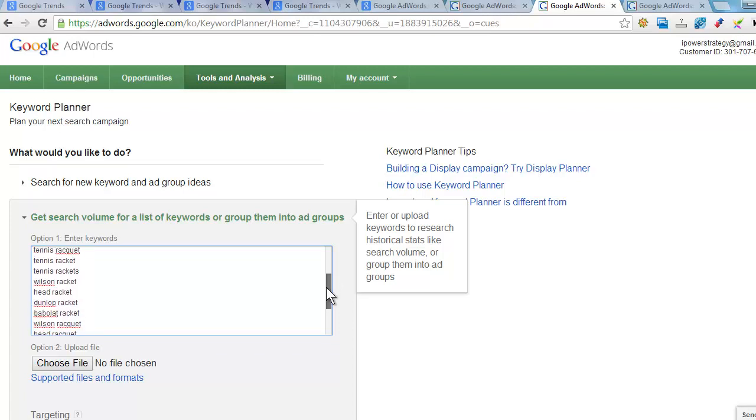For example, another piece of information is whether head racket is more popular than Wilson racket. All of this is relevant to a tennis warehouse business. They want to understand that and then profile and advertise those products that have high demand. So let us see what happens when I click on